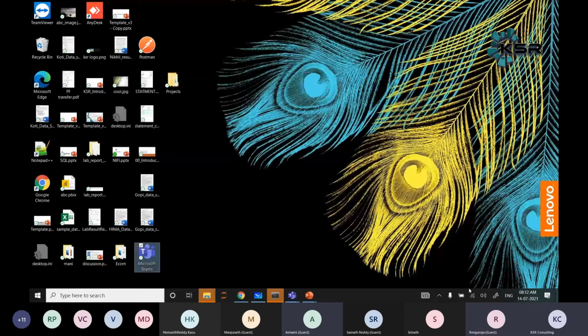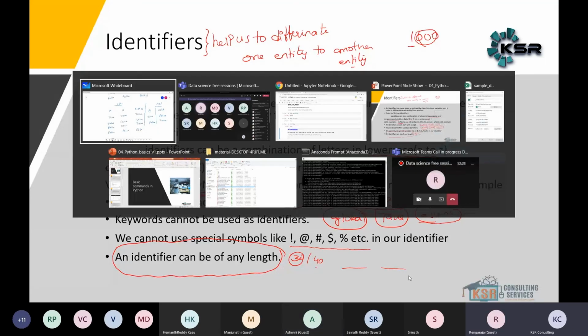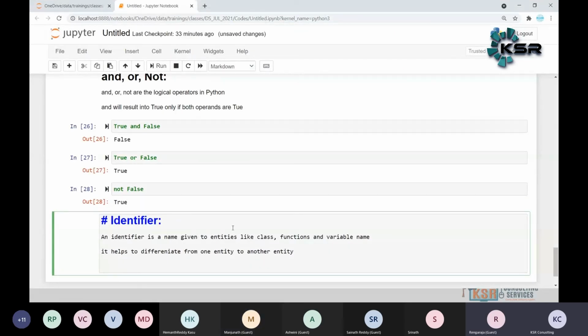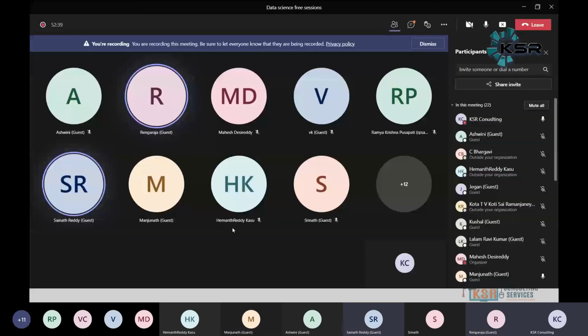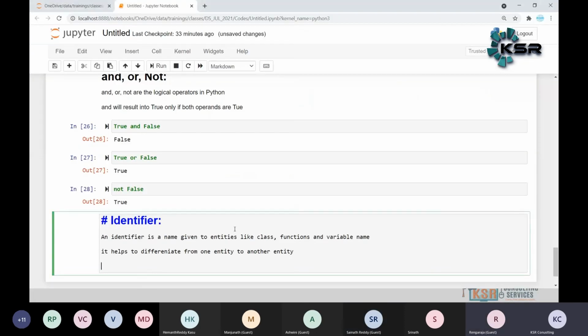We are able to see the screen, sir, but it shows the slide, not the Jupyter notebook.